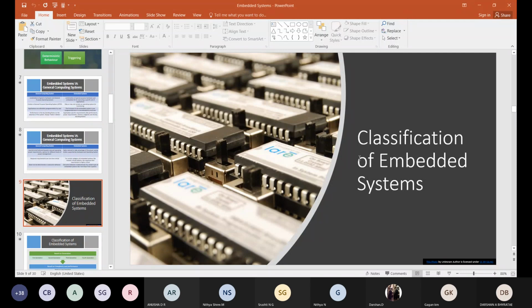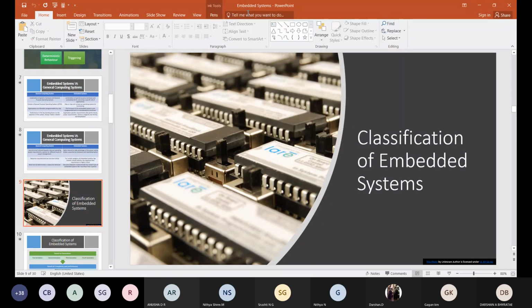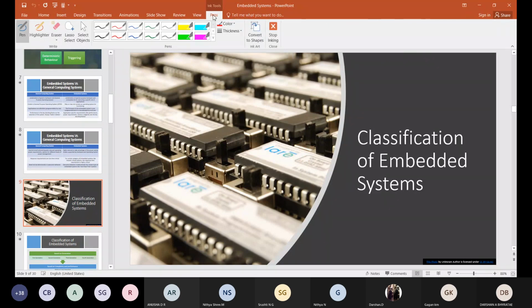Okay, so the next is the classification of embedded system. In the last class we discussed what we mean by embedded system, the definition of the embedded system. Next we discussed the difference between the embedded system and general purpose computer. And next, we discussed the